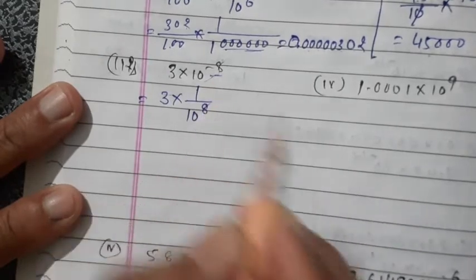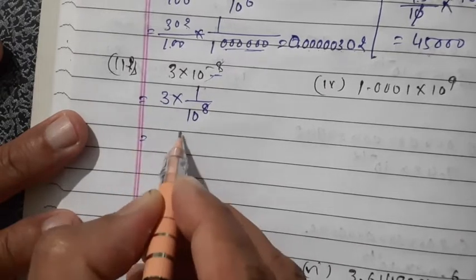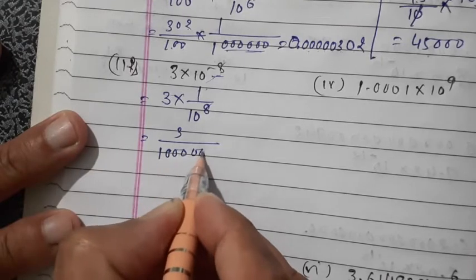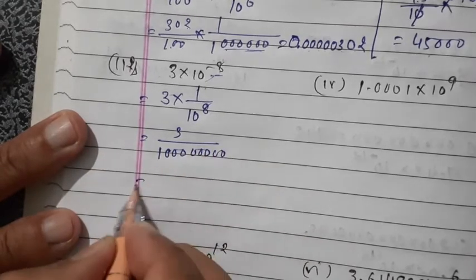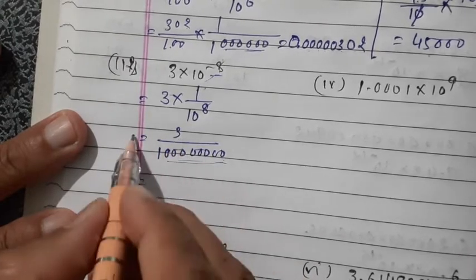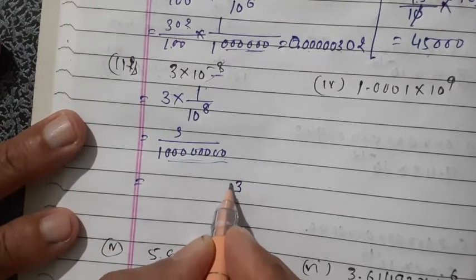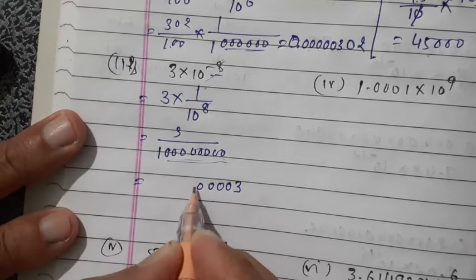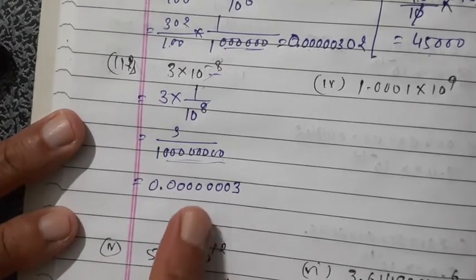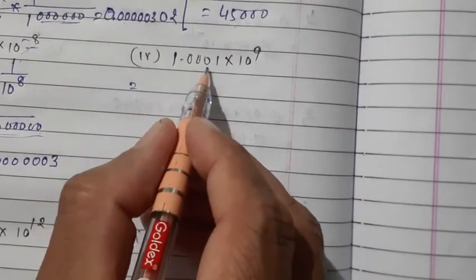Right? Look here, 3 into 10 raised to minus 8 means 1 upon 10 raised to 8. Minus power is there, no? So we write the reciprocal of that one, so it becomes a plus. So 3 upon 10 raised to 8 means 1 and 8 zeros are there. So 3 upon, here 8 zeros are there, so put the decimal after 8 digits, means one digit is 3 and the others are zeros. So 3, 1 2 3 4 5 6 7 8, point here. This one is the usual form.